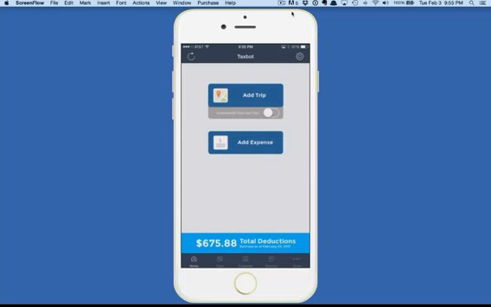Let's talk about tracking mileage and tracking trips. There are 3 ways to do it in the new Taxbot. The newest feature is the automatic mileage tracker. Check this out. If I turn on this little switch on the front screen, Taxbot will automatically start tracking my